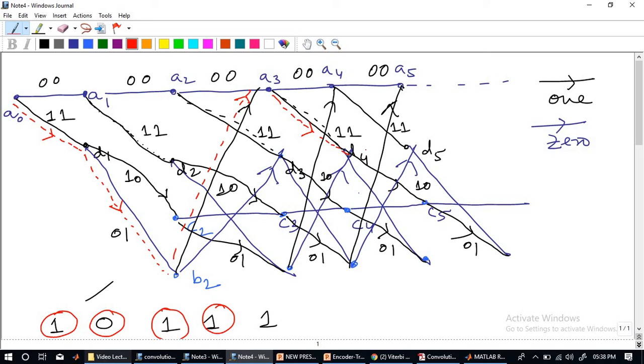to D4. Now again another 1 comes in. This is a random value we have taken. So suppose another 1 comes in. From D4, wherever the black color goes, it's reaching somewhere at C5. So now you just concentrate on the red. If I just make it a bit bold maybe, or I'll do one thing.